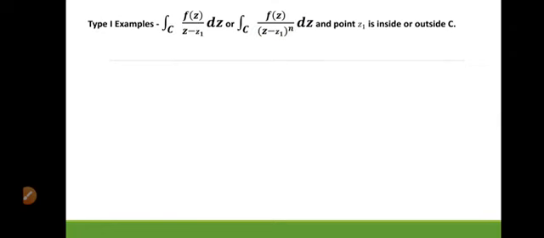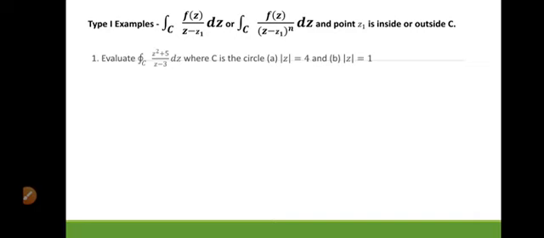Example first, integration over C of z square plus 5 upon z minus 3 dz, where C is the circle mod z equal to 4 and the second curve is again a circle mod z equal to 1. So for these two different curves, we have to integrate this function z square plus 5 upon z minus 3